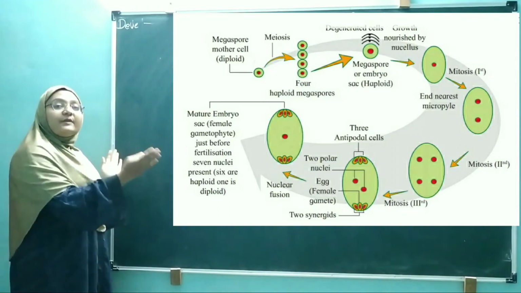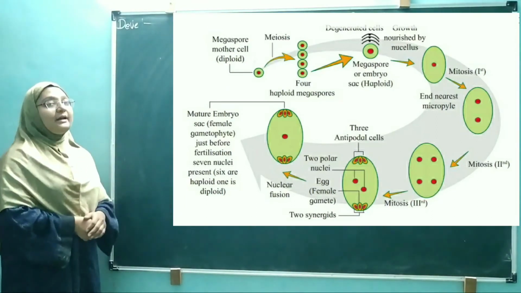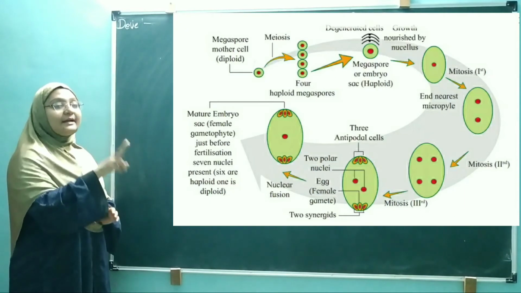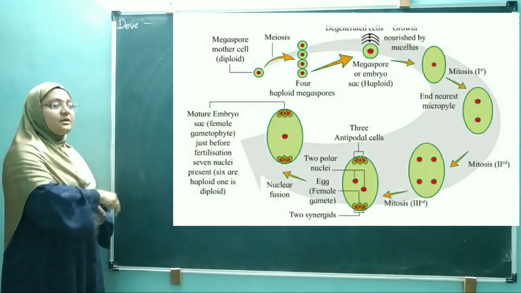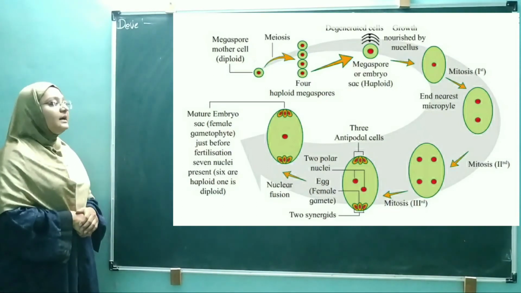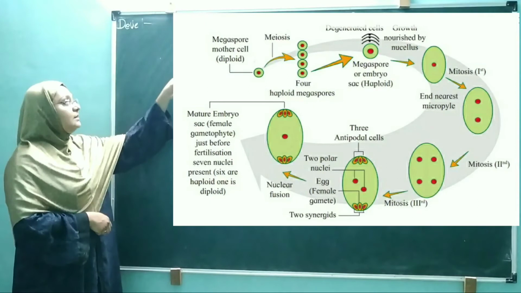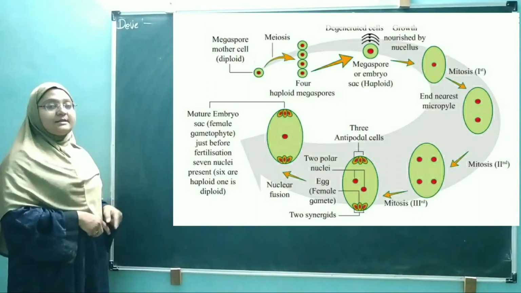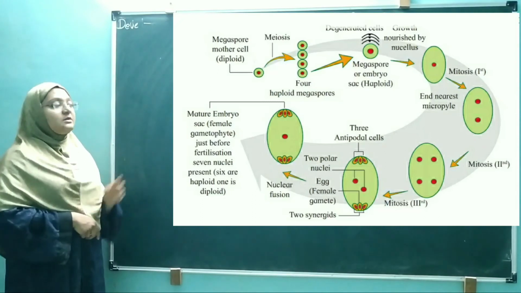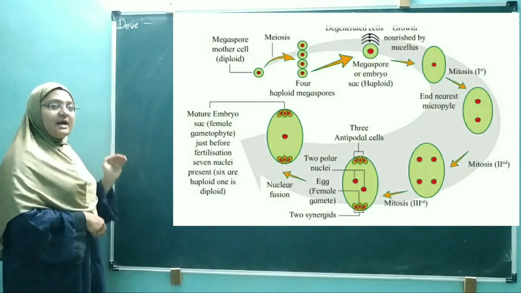The egg cell is flanked by 2 synergid cells, and the middle one is the secondary nucleus, which has 2 nuclei. The middle cell is called the secondary nucleus, which has 2 sets of chromosomes, diploid in nature. Likewise, this embryo sac gets developed. Here 1 meiosis and 3 mitotic divisions occur. So this is nothing but the development of the embryo sac.